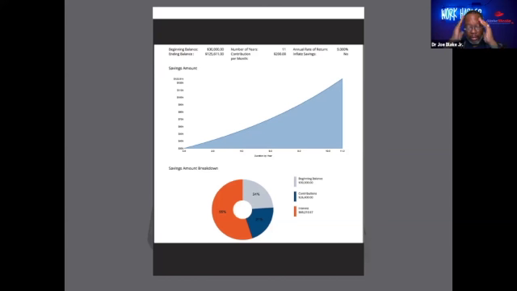So that's where that long-term aspect of it is. You have to get off that emotional roller coaster and let time, let the economy do its thing, because it always goes up, always goes down, and it always comes back. Always. And stop watching TV because it's going to drive you crazy.